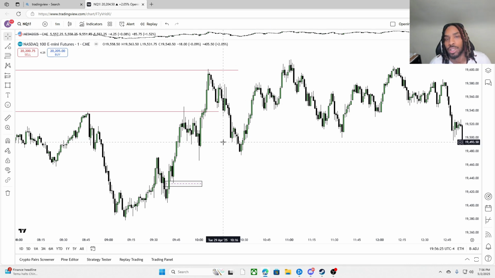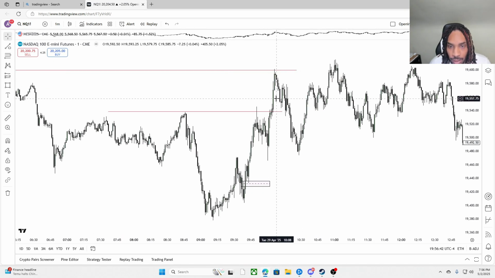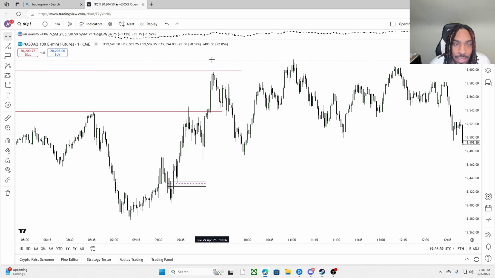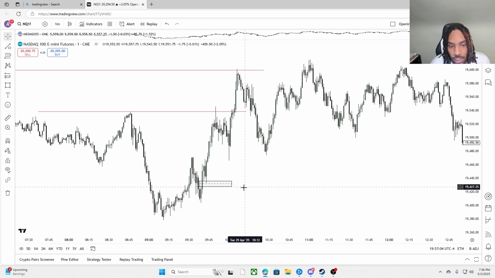And then you would think it's the fair value gap's fault. Like, no, bro. You're trading the wrong fair value gaps. The last thing you want to do is trade a fair value gap after we already ran the liquidity. If we already took out these highs, you don't want to trade the fair value gap that brought us up to the high. If you missed this move, you will have to wait till another time macro, 10:30, 11 o'clock, you know what I'm saying? But, yeah, bro. After the buy side is taken, fair value gaps are not high probability anymore. You want to get them early.